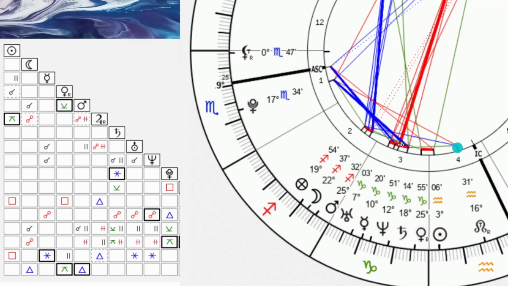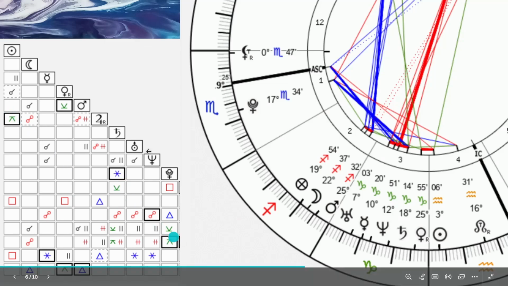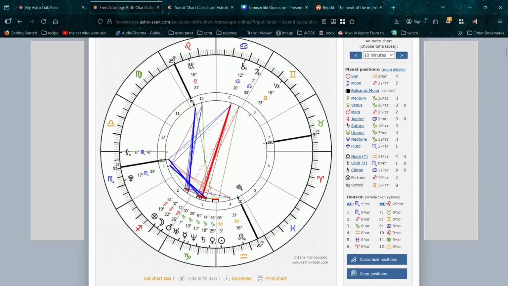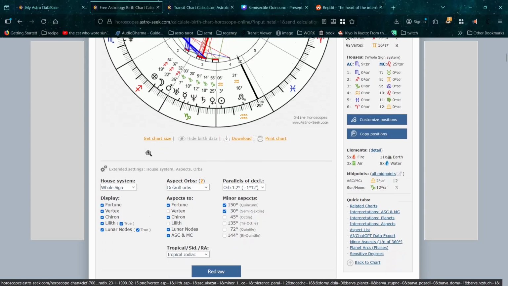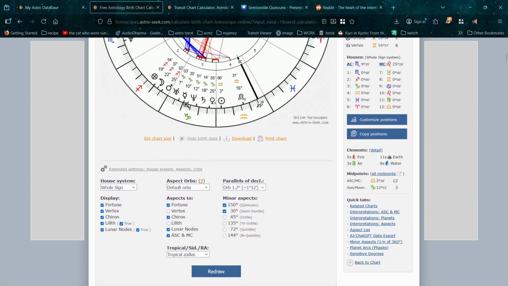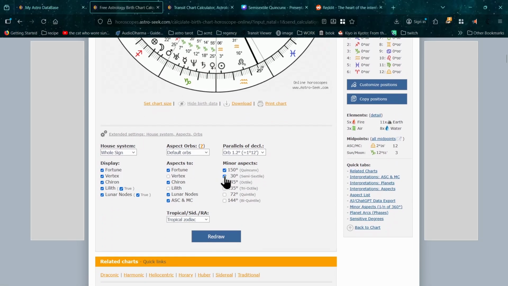and the lines are very short, so it can be hard to see everything that's going on, right? So that's how you can see it in the chart and in the aspect terrain. You have to go turn on the setting to include quincunxes, so I'll just show you where that is. So in this chart on AstroSeek, down in the extended house settings below the chart, you can click